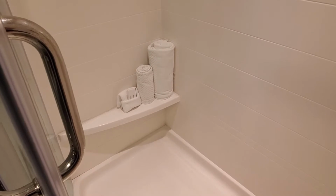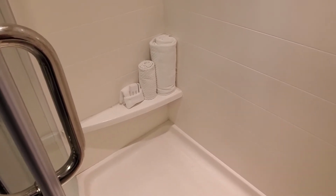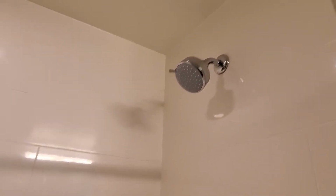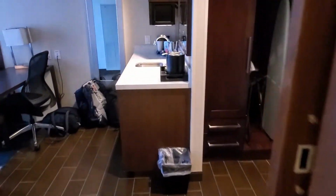This one does have a place to put your leg if you are a woman and you need to shave, which some hotels don't, so I'm glad to see that. And there's a shower bar here, the shower head, and then a little shelf back here to put your toiletries, and a couple hooks in the bathroom, and that's about it. So this is the king room junior suite